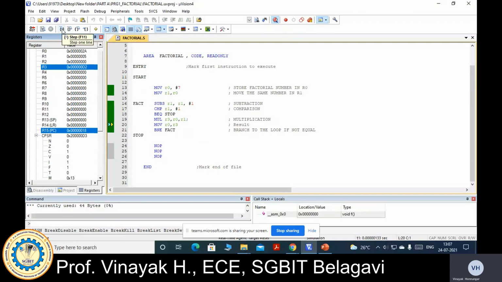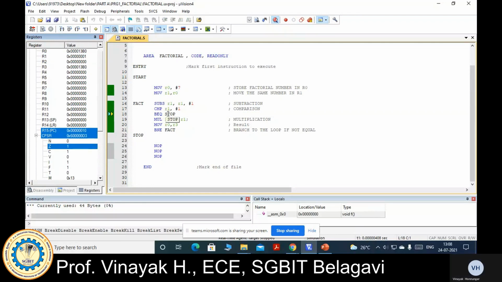So we are going to check the branch instruction. It's not equal, so go back to this. Again subtract, R1 becomes 4. Now D2 is multiplied with 4. So again the process repeats, till you get R1 equal to 1. Now see, R1 has become 1. Now it is going to check. Compare R1 with 1.